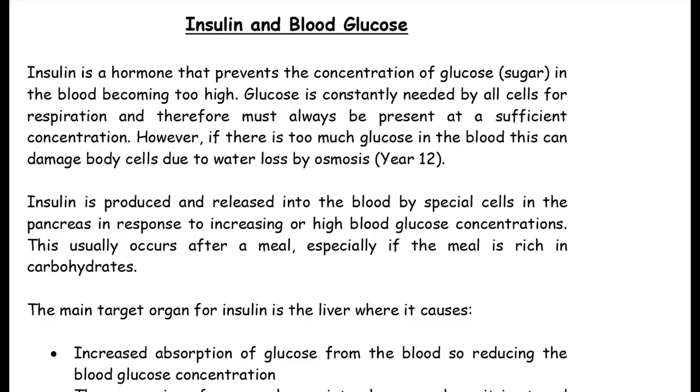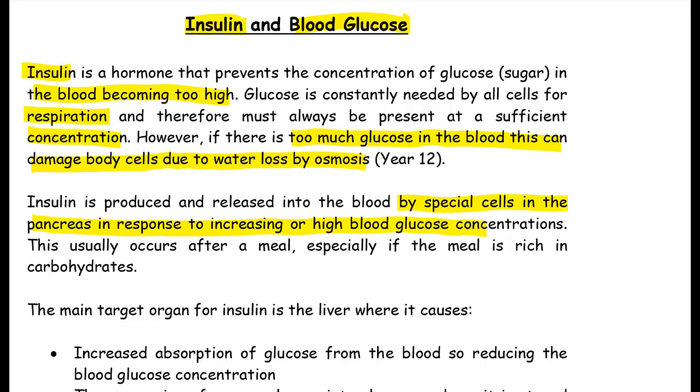So, one of the main hormones we're looking at is insulin, and it controls your blood glucose levels. So insulin is a hormone that prevents the concentration of glucose in the blood becoming too high. Glucose is constantly needed by all cells for respiration and therefore must always be present at a sufficient concentration. But if there is too much glucose in the blood, it can damage the body cells due to water loss by osmosis. Insulin is produced and released into the blood by special cells in the pancreas